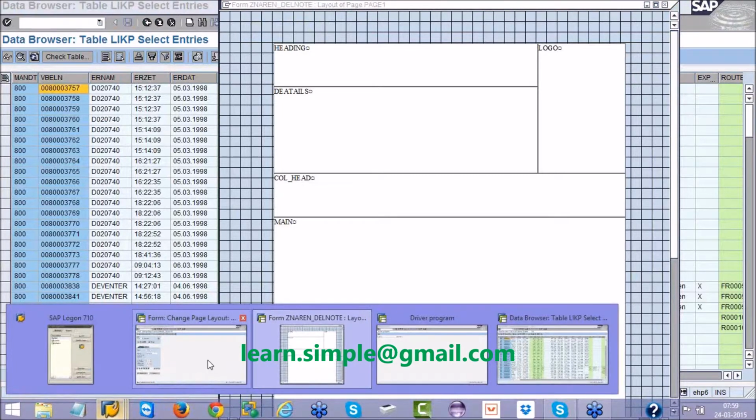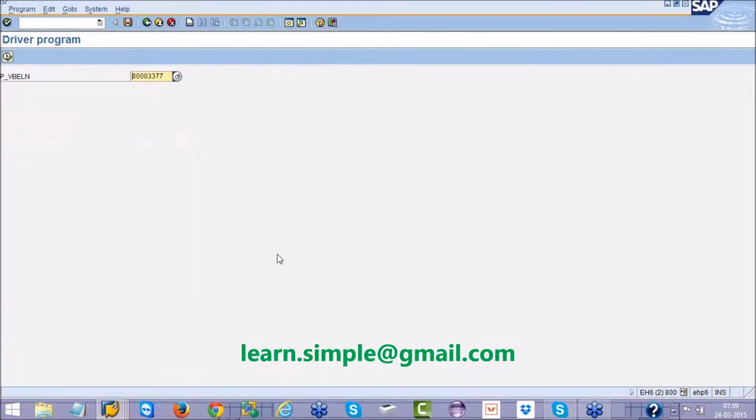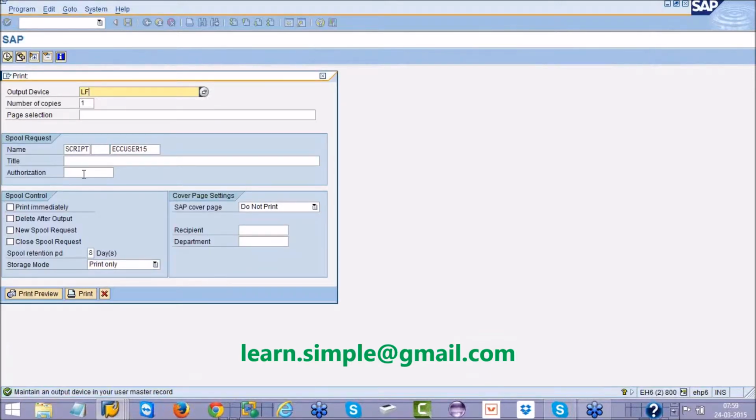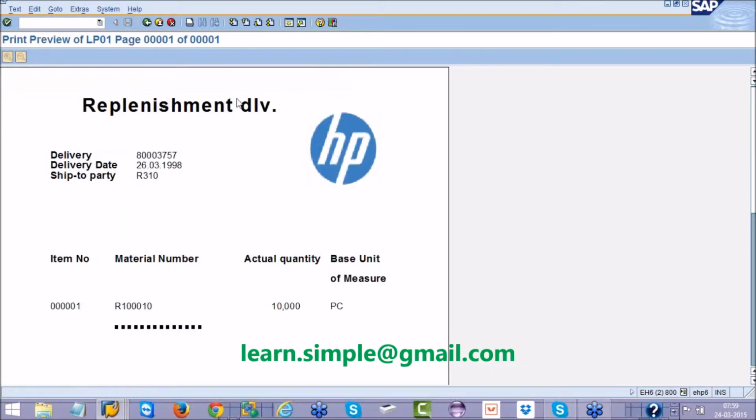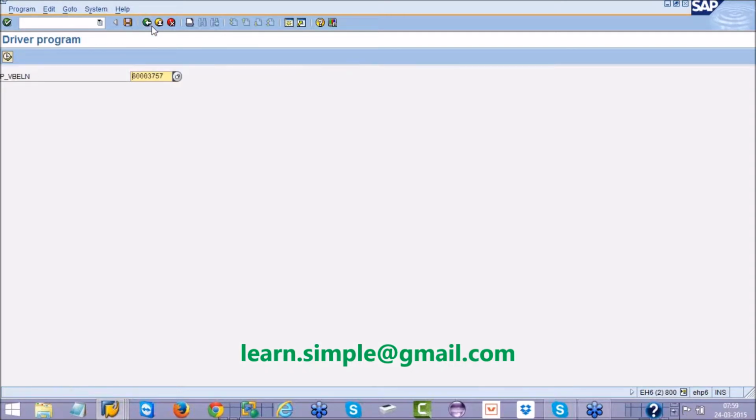So let us see whether the if condition is working properly or not. LF01 or LP01. Click on print preview. See, replenishment delivery note is coming based on the if condition.